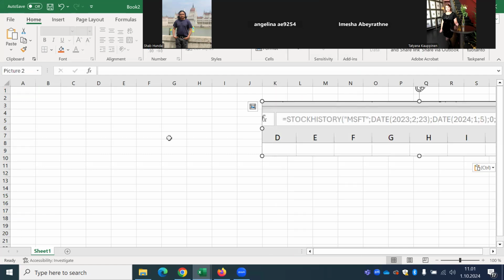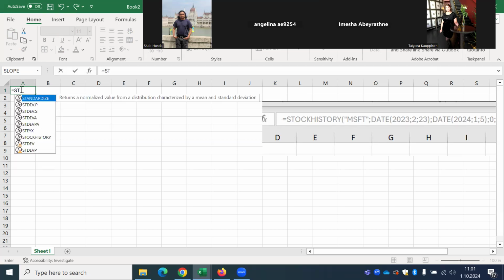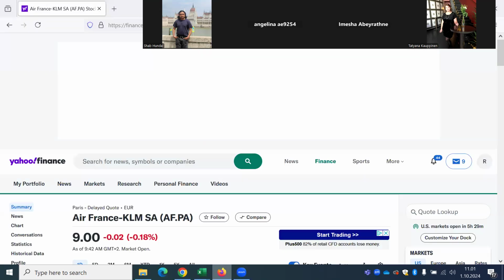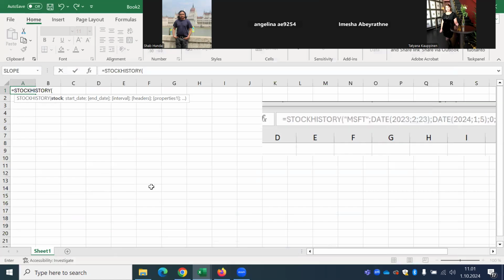How do we do it? As usual, we type is equal to, and then we type STOCKHISTORY. There is a function in Excel called STOCKHISTORY. In it, for example, here it's MSFT in this screenshot. MSFT is the ticker of Microsoft. But let's see what's the ticker of Air France KLM. It's AF. So here I put "AF" in quotes,